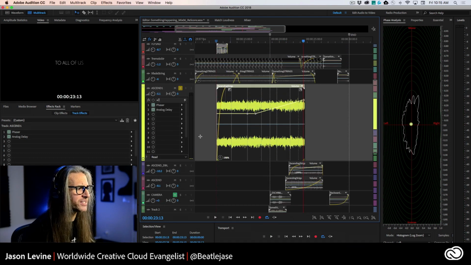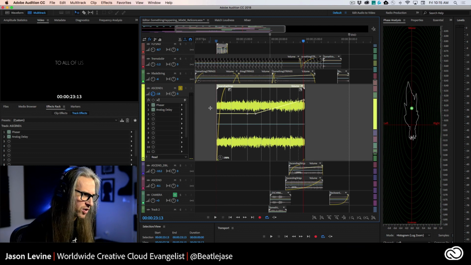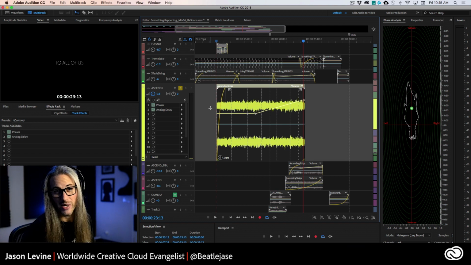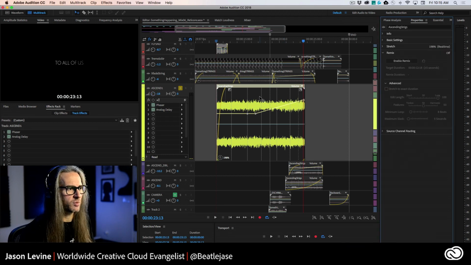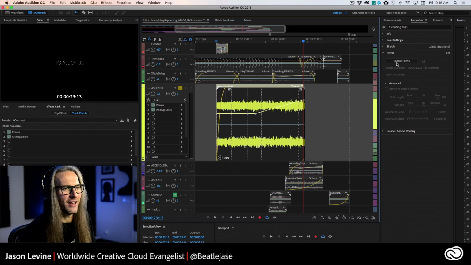Now you might be thinking to yourself, well, that sounds a little gritty. Well, it does. Now remember, this is meant to be used as an element. So the grit actually plays in our favor. And there's a couple of different effects and things that we can use to kind of mask some of those stretching artifacts. Now, before we even get to that, because this is a technical learning live stream,